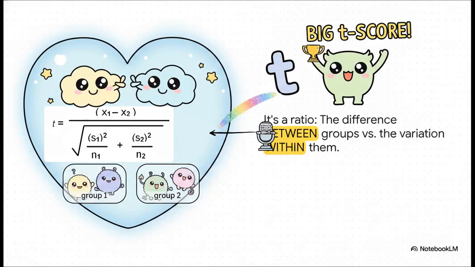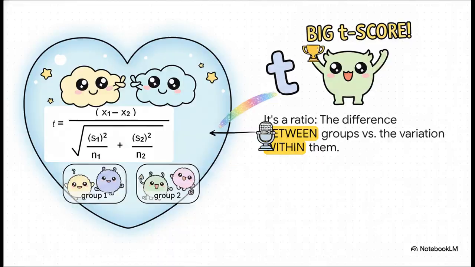Okay, don't let any formulas scare you off. At its heart, the t-test is actually pretty simple. It boils everything down to a single number, a t-score. And you can think of it like a signal-to-noise ratio. The signal is just the difference you see between the two group averages. The noise is all the natural variation that happens inside each group. So a big t-score means you've got a really strong signal, a big difference that's loud and clear above all